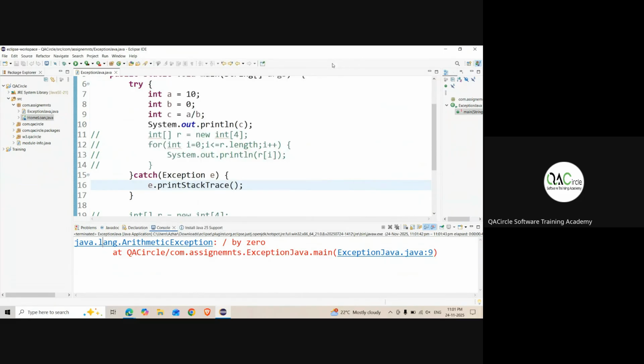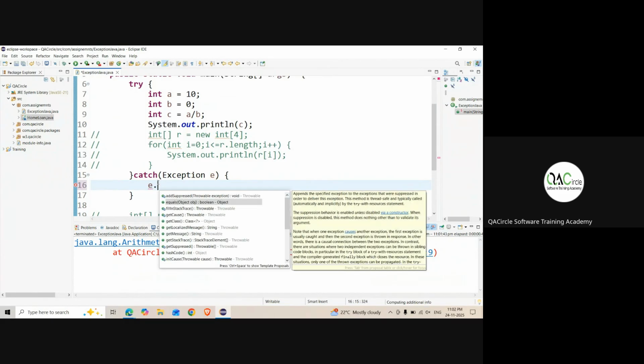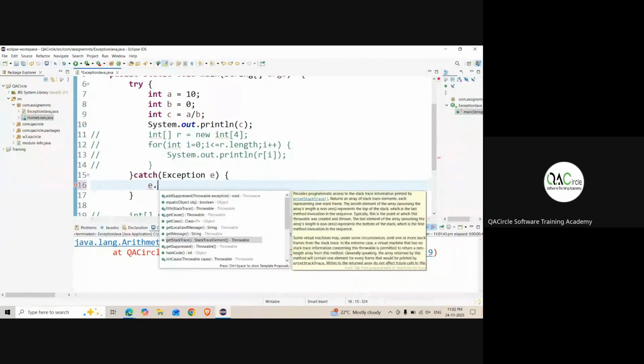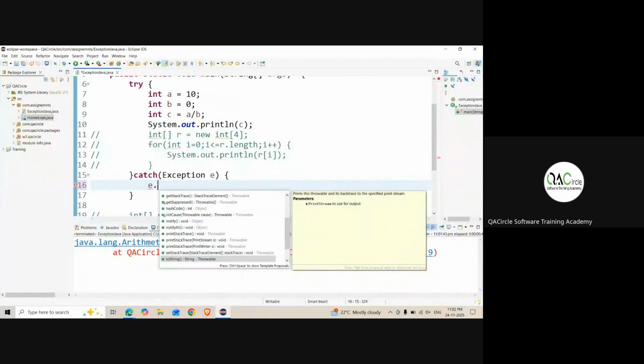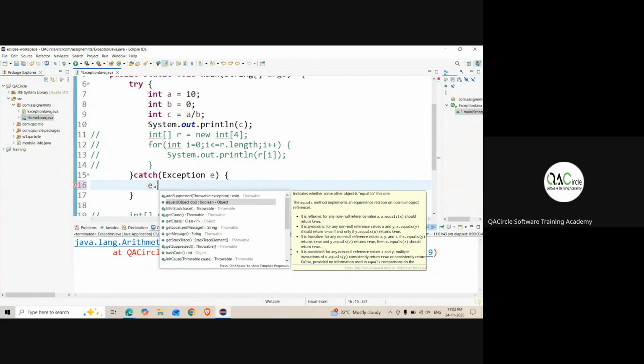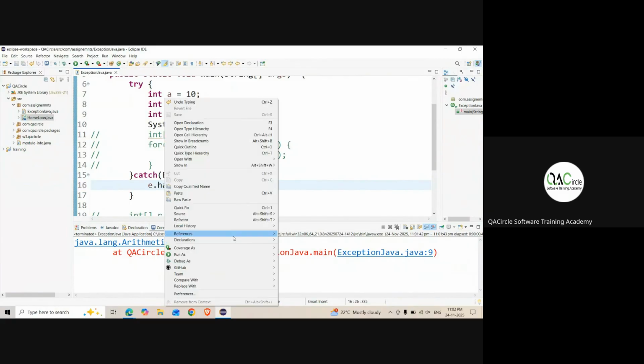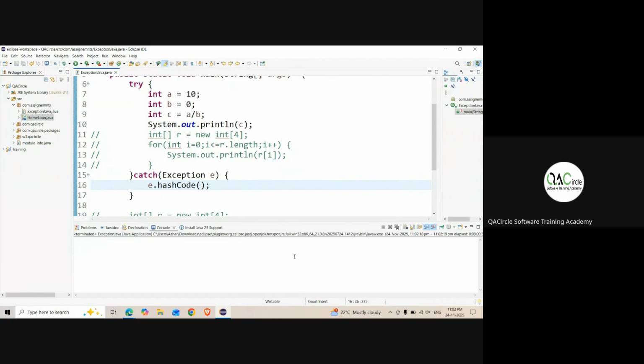I think the exception is thrown by java.lang.ArithmeticException. We can give a number of things with E dot. You have to see Throwable. Let's see if hashCode will work. I don't think it will. So to understand the exception, what exactly it is giving,